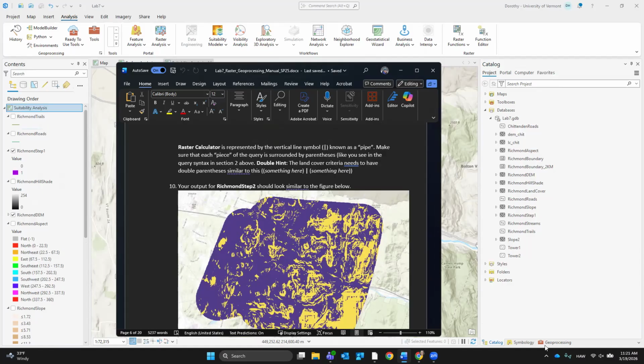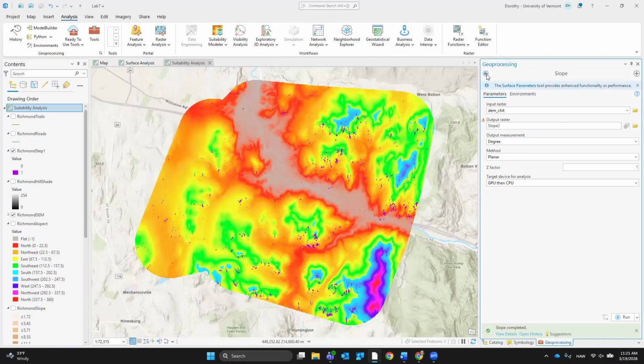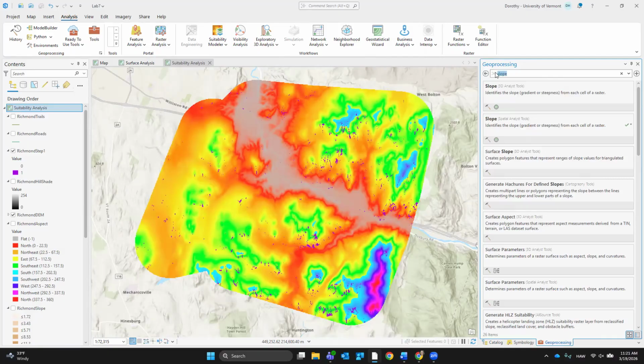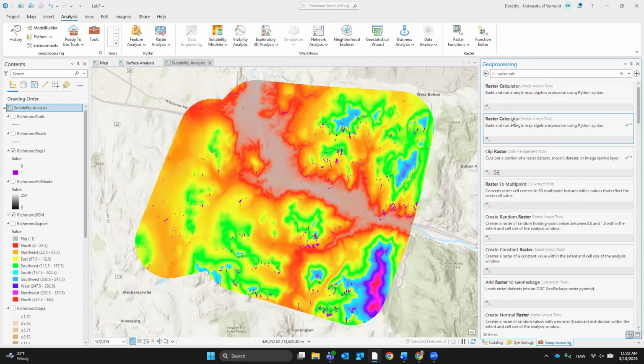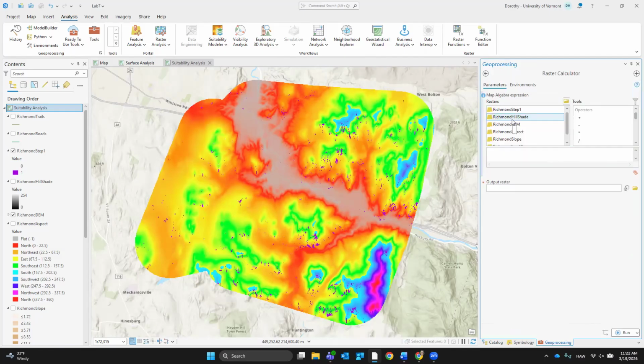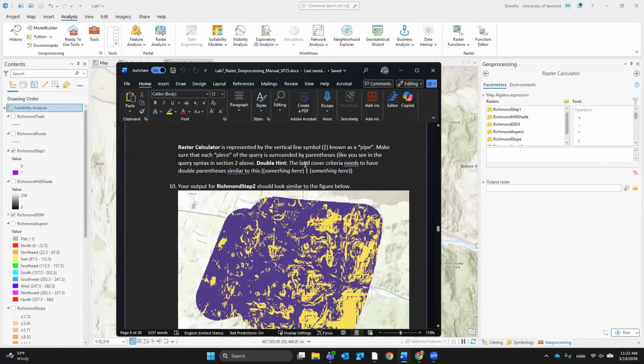Did our land cover. So I'm going to go back to geoprocessing and look up our raster calculator again. Open that spatial analysis tool. And I'm going to go back through and do this.